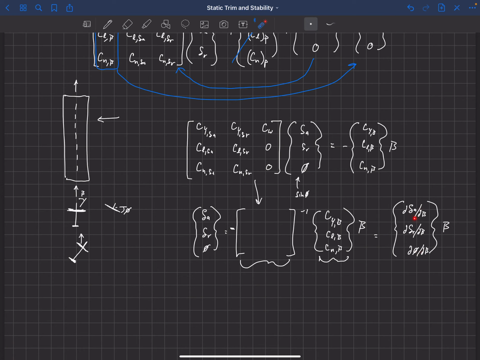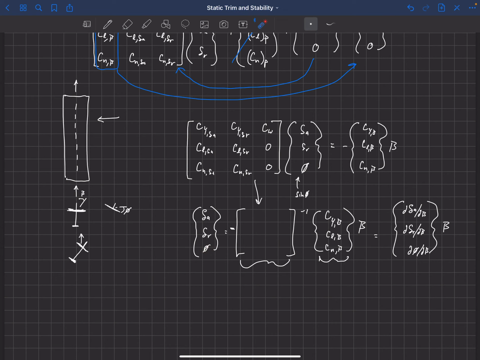So basically, once I've computed these, and this is going to be some value based off of the values in these two matrices here, then from the small angle approximation I can just plug in beta here, multiply it by this ratio or this value, and it will tell me exactly how much delta A I'm going to need. And this is linearly proportional because we're using these small angle approximations. Everything here is linearly proportional. So if I double beta, my aileron, my rudder, and my phi are all going to double for the values that they need to trim out the aircraft.